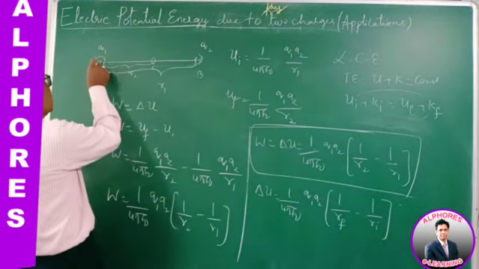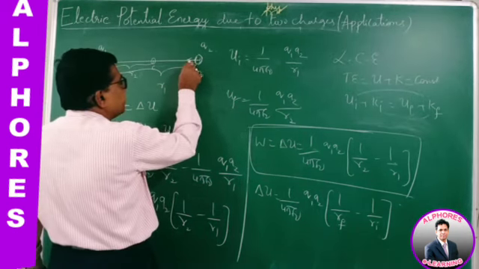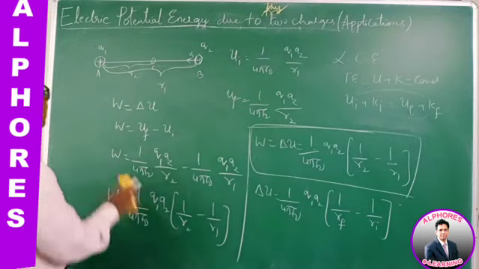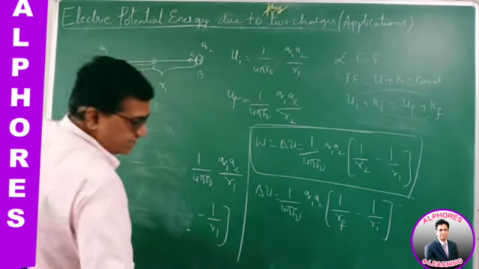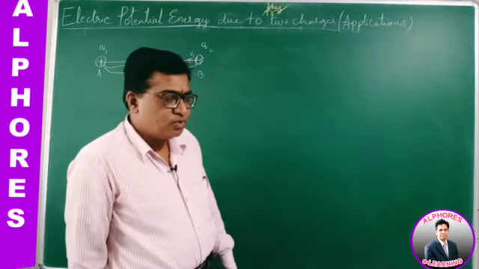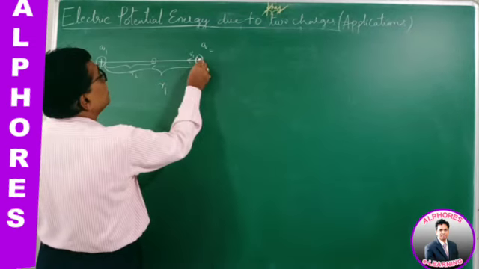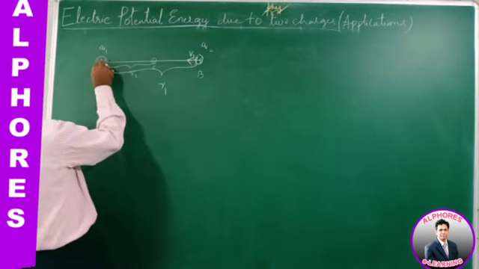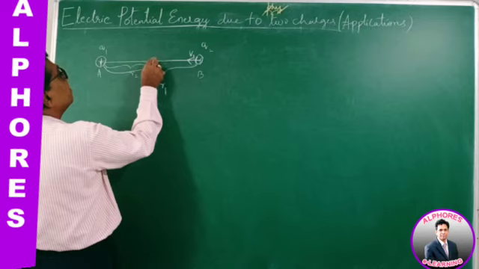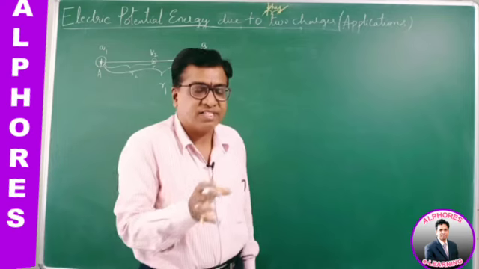Suppose imagine the question is asked, there is a charge Q1, another charge Q2. From Q2 it is projected with a velocity V1, then what is the velocity at this point? Suppose the question is extended like this: let two charged particles be initially at a distance R1. From this position Q2 is projected with velocity V1, Q1 is fixed here. Now this body moves to another position where the distance is R2, where the velocity is V2. Now he is asked to get the relation between this velocity and the energy.